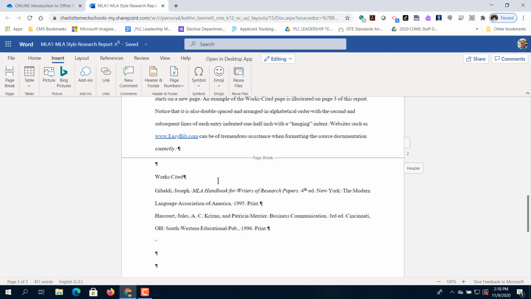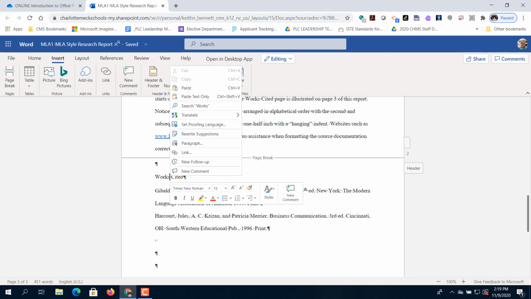All right, now the next thing that I want to do is MLA guidelines state that a paragraph, this is called a first degree paragraph heading, and in MLA guidelines, first degree paragraph headings should be in the center of the paragraph. So what we want to do is, and again, I want to try the keyboard shortcut that works with desktop to see if it works, and it does not. So what we're going to have to do is, and there's a couple different ways you could do this. I actually right-clicked with my mouse,